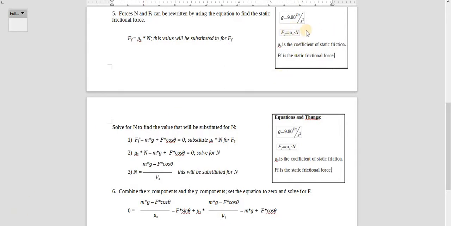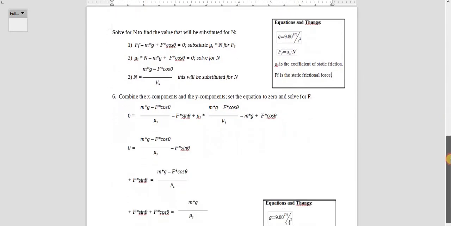We can do that by using the equation for static frictional force. So now every time we see F sub F, we will plug in this nice little stuff right here. And then now what's left is N. So it's just some little algebra right here